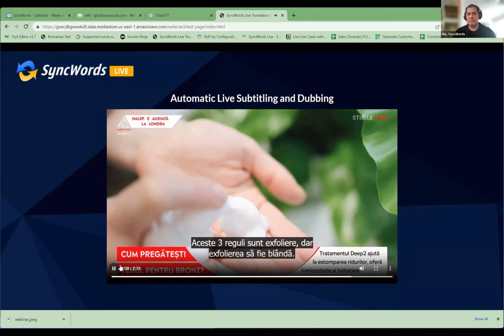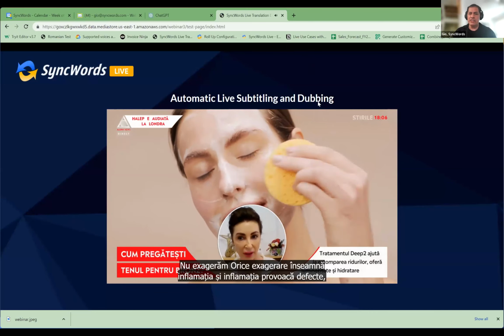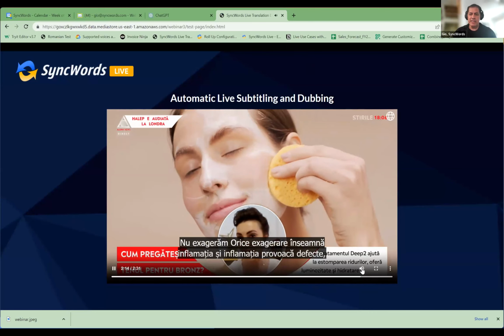Regulii sunt exfoliere, dar exfolierea să fie blândă, nu exagerăm. Orice exagerare înseamnă inflație. What we're going to do is we're going to share this with you. In addition to that,